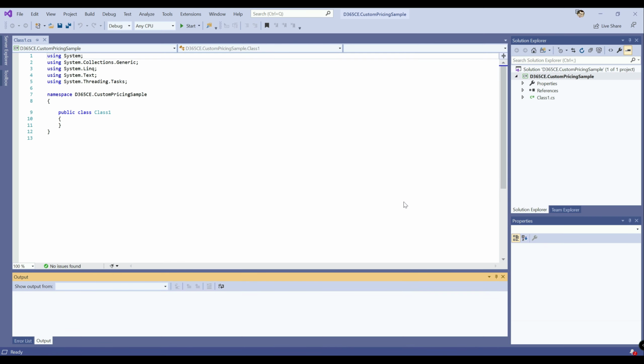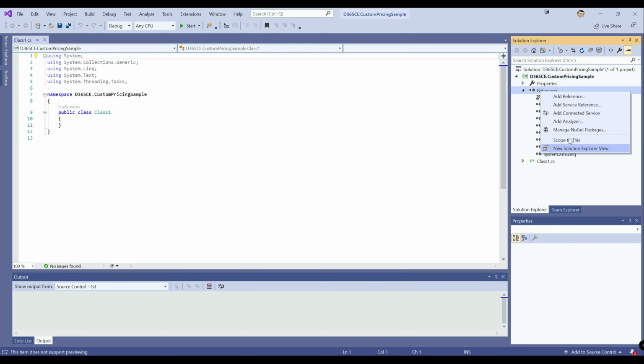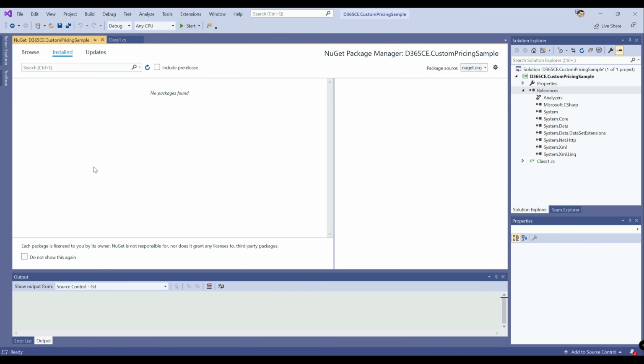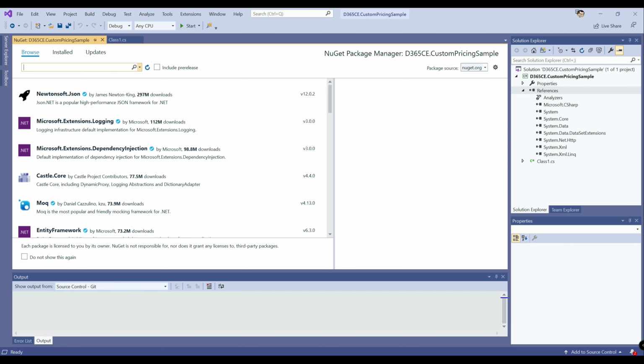So I'm going to go through and create all the various gubbins and things that it does when it first starts. The first thing we're going to need to do is get in our SDK references, our references to the assemblies, but also more crucially, a NuGet package for the latest version of the plugin registration tool, which we have to get through NuGet now instead. So we're going to go to references up here. We're going to right click, go to manage NuGet packages. We're going to go to browse up here. And then we're going to want to type in